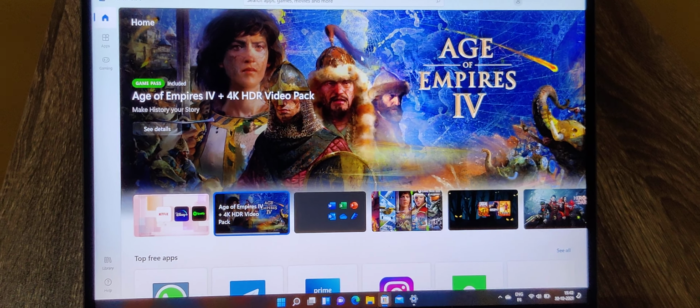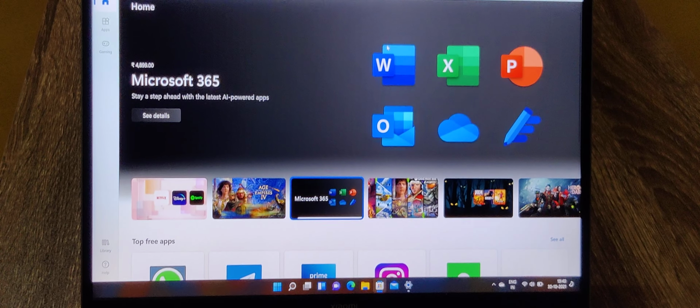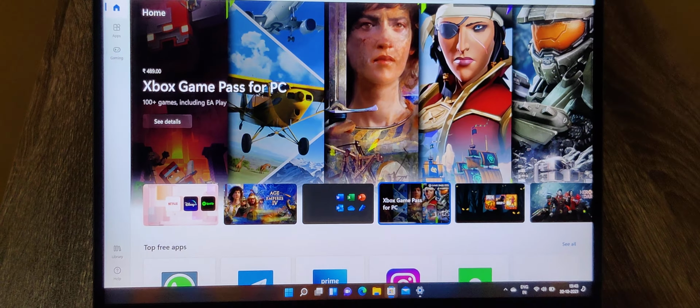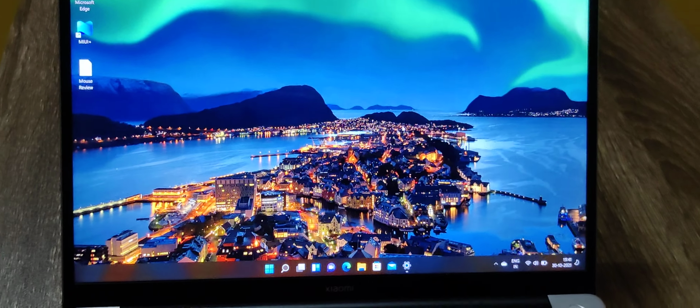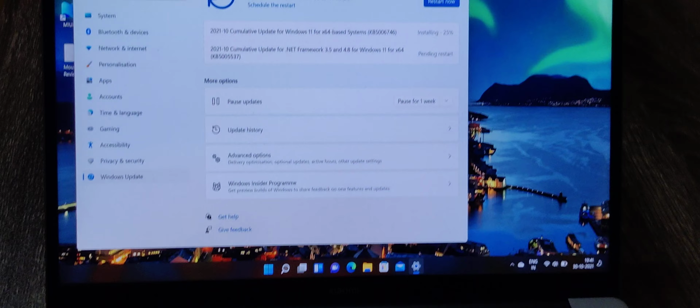As you can see in this version of Windows 11, we are yet to experience Android apps natively. So Android app functionality is supposed to come within 2 to 3 weeks. So I will do a dedicated video on that once Android apps are available. So let's quickly close Microsoft Store for now. And we have a mail app which comes by default with Windows 11. And this is a settings tab.